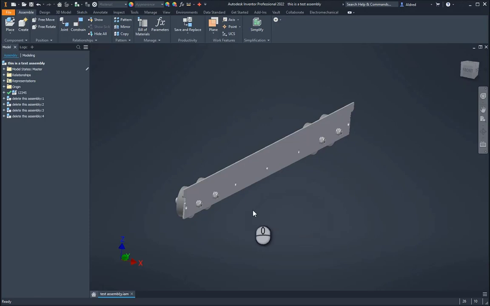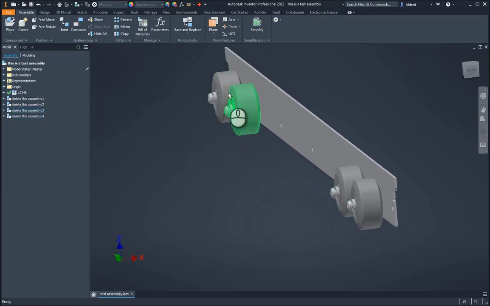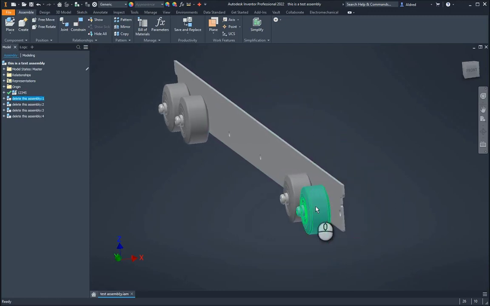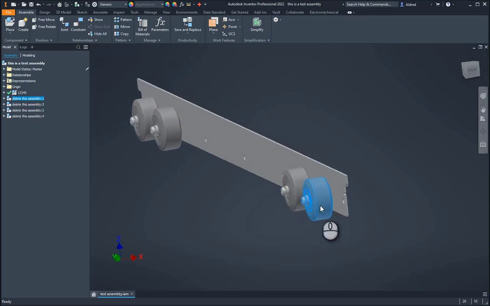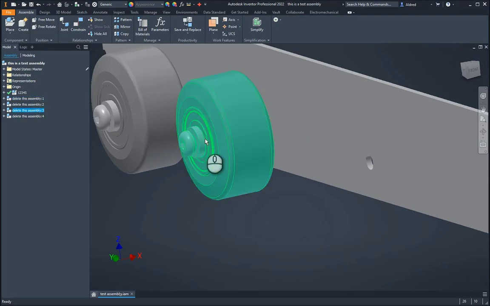I was recently working on a project where I had a lot of these wheels in this plate over here in the sub-assembly, and I replaced these wheels with another wheel. The wheels were bigger, the wheels had become smaller, so I just replaced this piece over here, but what happened was it broke a lot of the constraints, and all of these components over here were separate